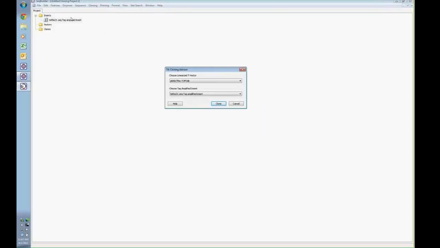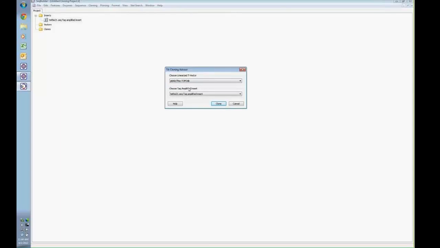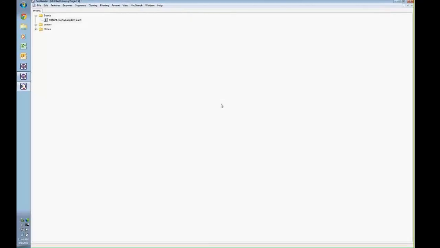So that cloning project is created again. There's my amplified insert. And then basically the software is giving you the option to choose a number of different linearized T vectors that are already built in the software. You also have the option to add other vectors that are not included in this list by adding them to that cloning vector catalog that I showed you previously. So if we simply pick the first one, PBAD dio topo, hit clone,